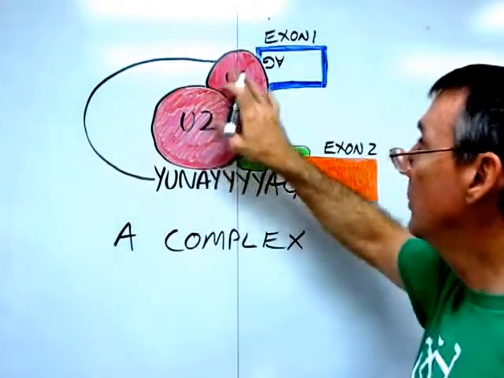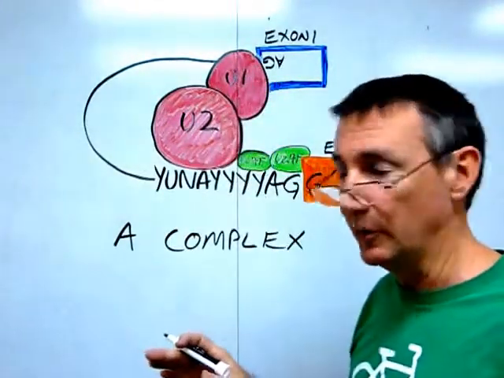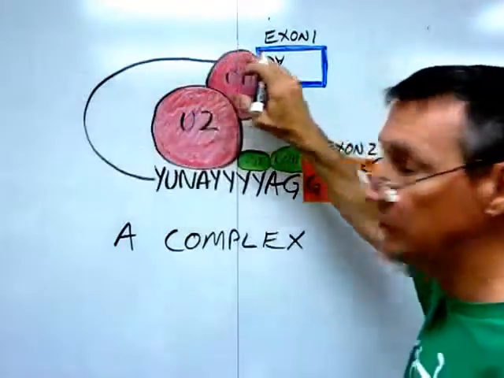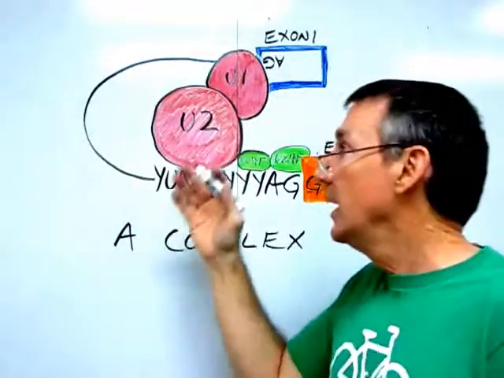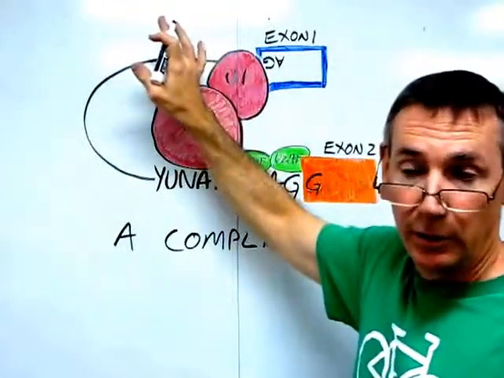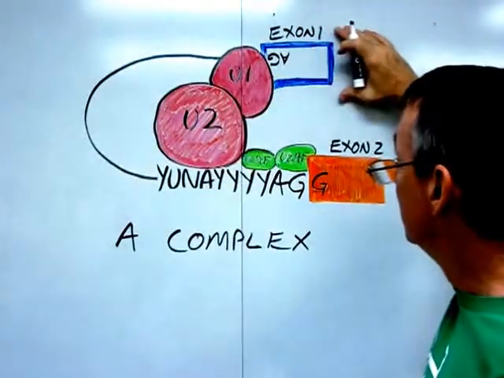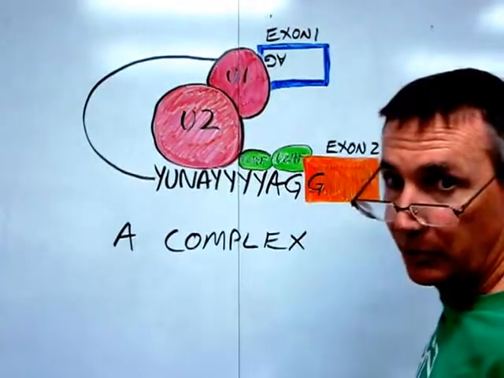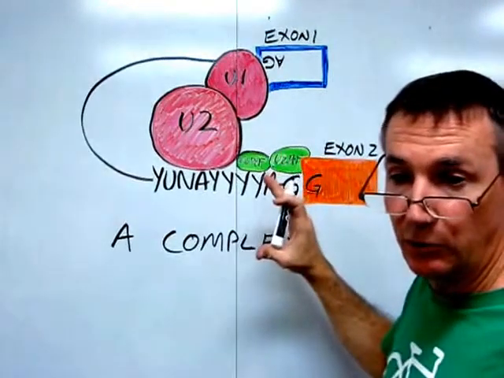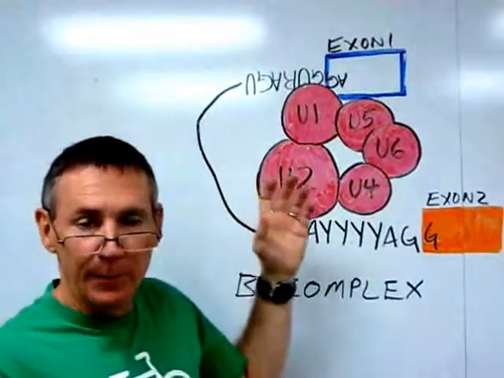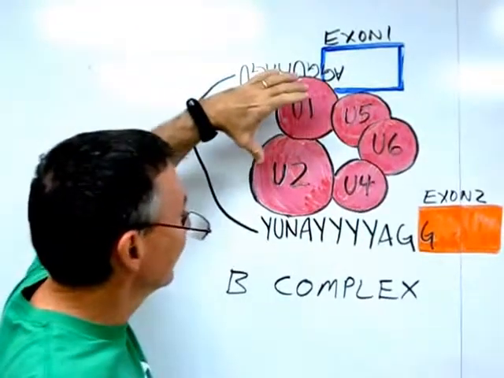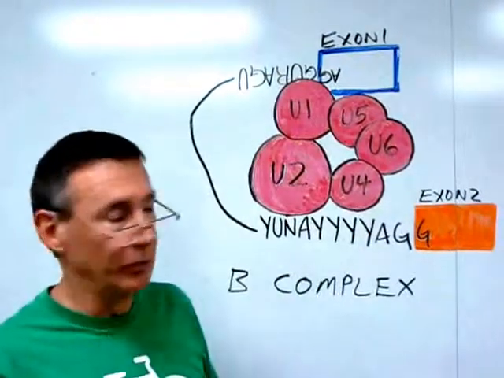And then the U2 and U1 SNRPs bind to each other. In the process, that folds the intron over into a loop. And this loop can be very long. It can be thousands of nucleotides. By folding it over like this, it brings the first exon into close proximity with the second exon that's going to be joined to it. The next thing that happens after the A complex is formed, 3 more SNRPs join, U4,